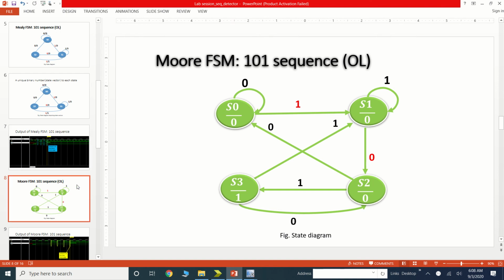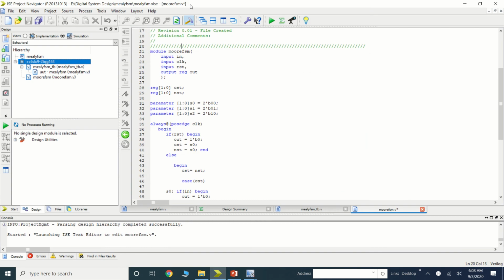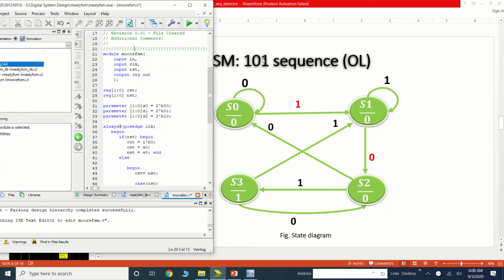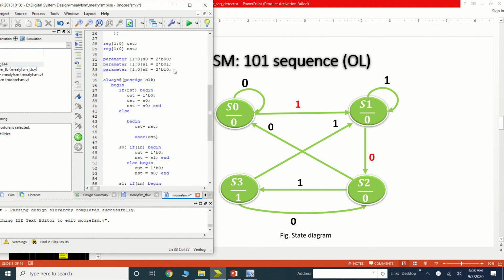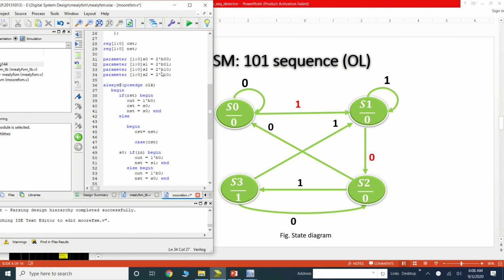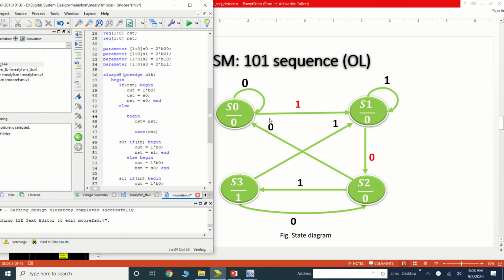Now let's convert the same into the Verilog module. As we have already copied from that, what we need to change in this parameter, we require one additional parameter. So I am just taking that additional parameter in order to design the Moore machine. So this is my S3, and here I can assign 1, 1. The same state vector we have defined.